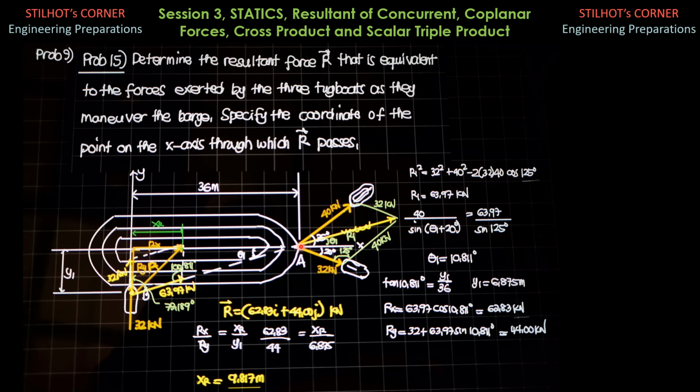So if we represent these two forces with a single resultant force, then the resultant of the first of 32 kilonewtons and 40 kilonewton loads combined with this force here, 32 kilonewtons, will definitely meet, intersect somewhere here. Then combining the two, we will have a single resultant. So for the first, I use the parallelogram law. Then we apply the law of cosines for the magnitude of R1.